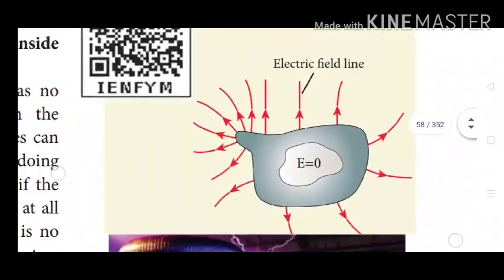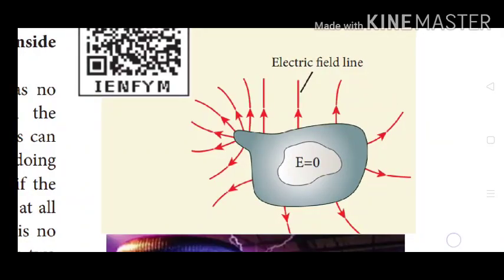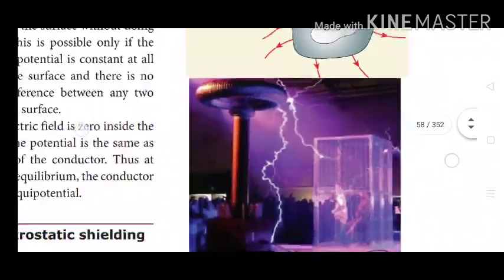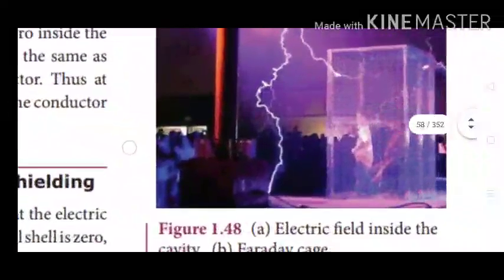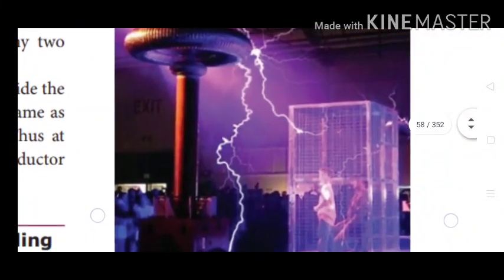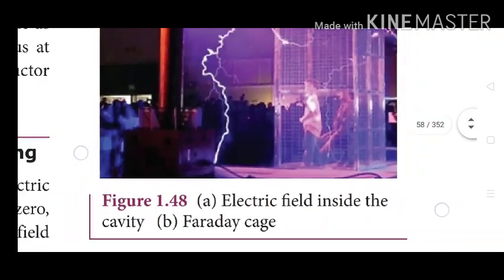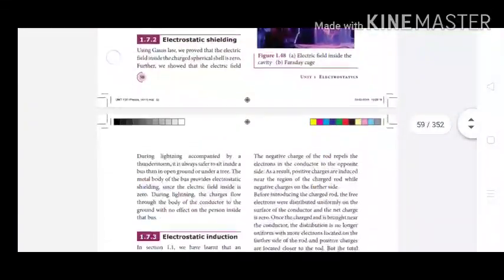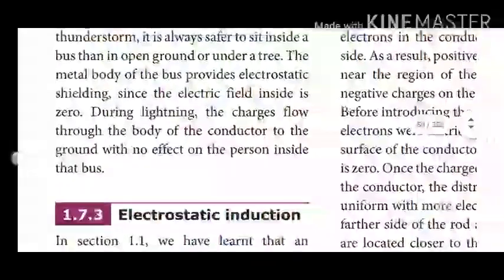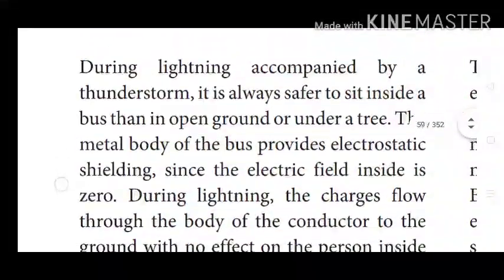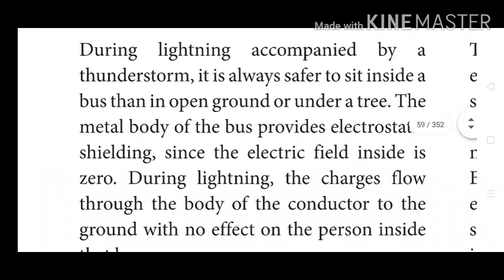Faraday cage is an instrument used to demonstrate this effect. It is made up of metal bars configured as in the diagram. Children, see that inside the metal the electric field is 0. So any person inside this cage will not be affected by the electric charges, because inside the cage there is no electric field. The electric field inside the cavity is 0. Students, this paragraph is the answer for what is meant by electrostatic shielding. Take notes for 2 marks.